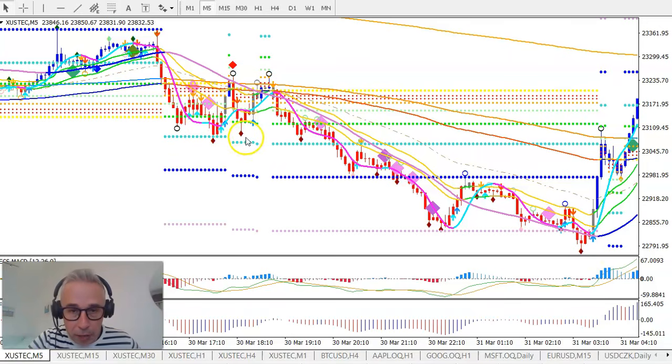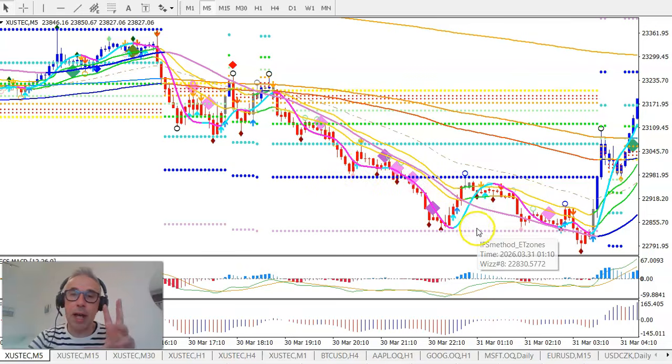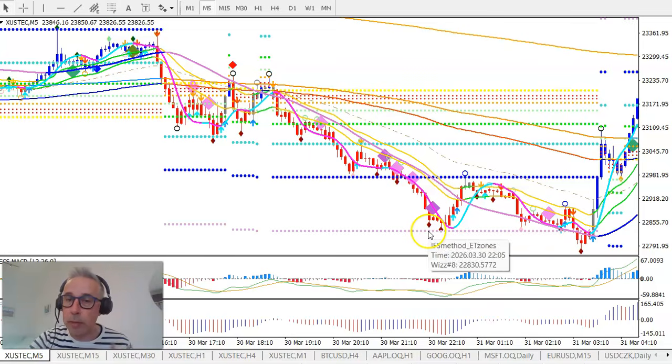I actually traded part of this pullback here in continuation, and you can see our software indicating the cross below the 144 MA, red candles confirming the momentum, and price accelerating below the ET5 down to ET7 and all the way down to ET8. You can see how those zones indicate not only targets but also the market phase when price can get impulsive